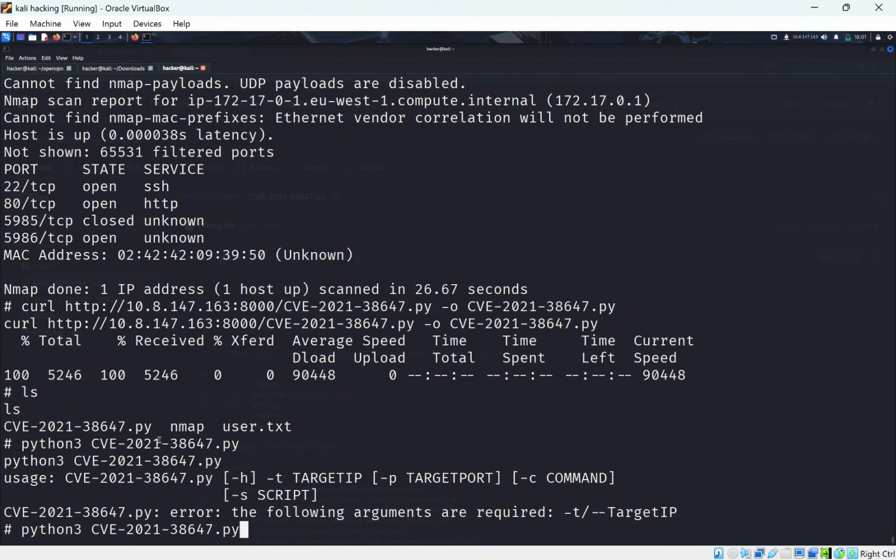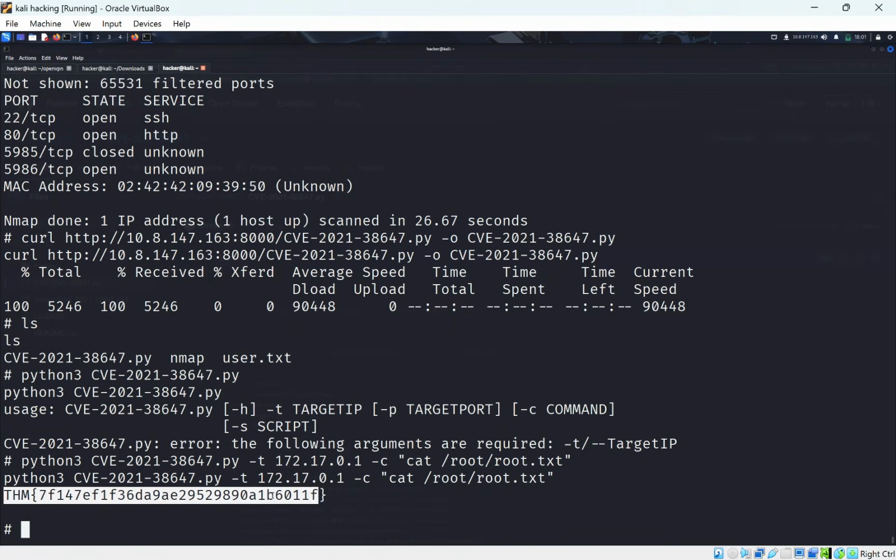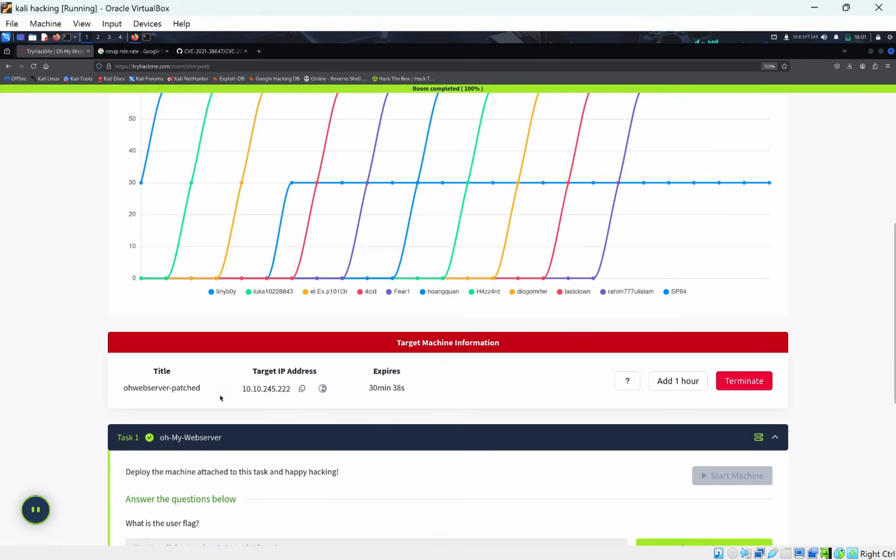We can see we need a -t for target. We already know what our target is, so that should make things slightly easier. So we get a target right here, and for the command we could get a reverse shell, but I'm going to be really lazy and just try to cat the root.txt. So if we just cat root, we should hope and pray this works. So we also get the root flag, so that's pretty much the whole room done. So you just put those two in,